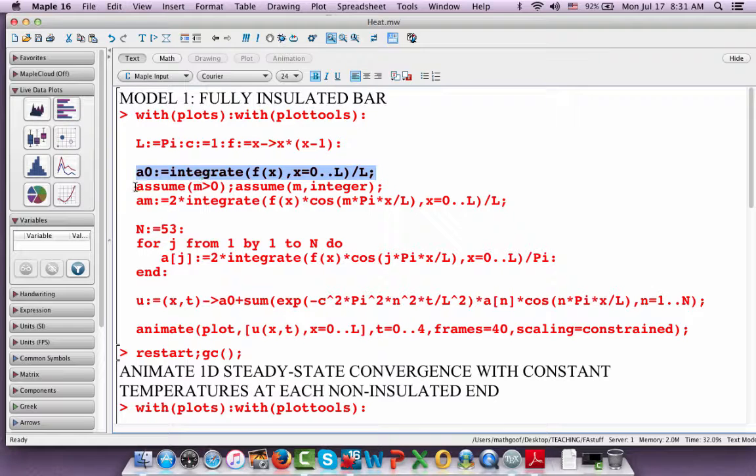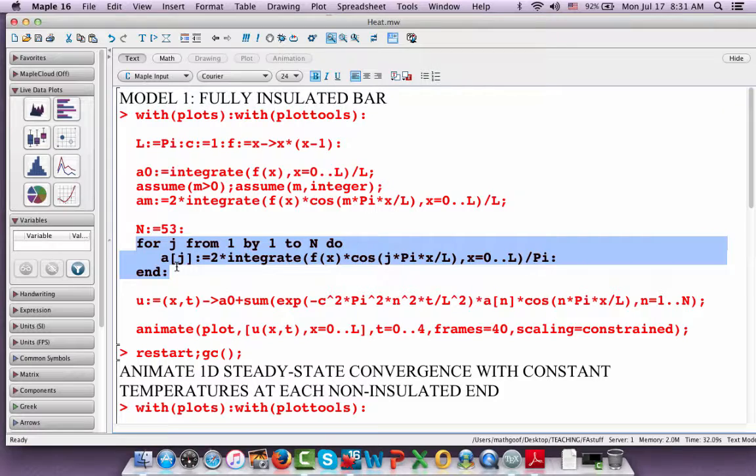And then I'm doing this separately just to illustrate to you what the formula looks like when we compute it. And I'm using m here instead of n because I'm using n below in the formula. And in Maple, once you use some label for something, it has values, so it can be a problem to use it more than once. So I'm going to use m instead, just for the formula purposes. That's just to see the formula, but in reality, we wouldn't really need that formula. We would just need to know how many terms we need, and then